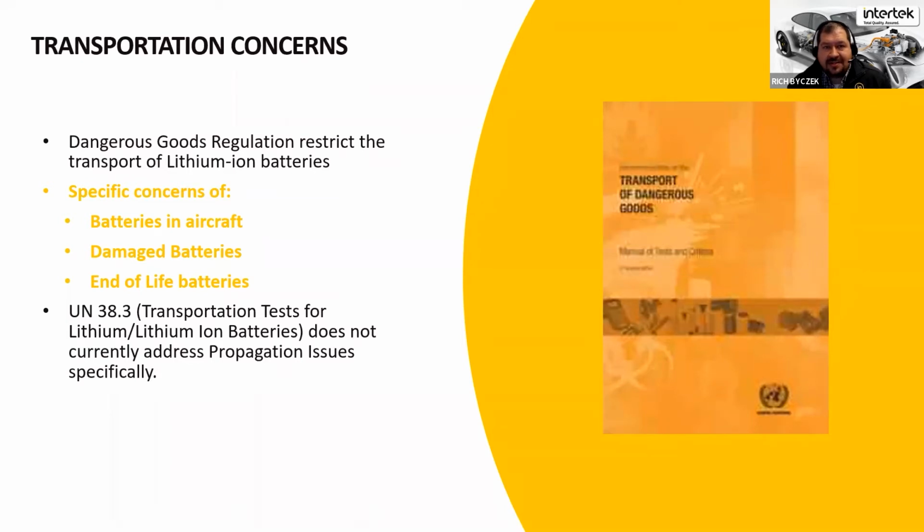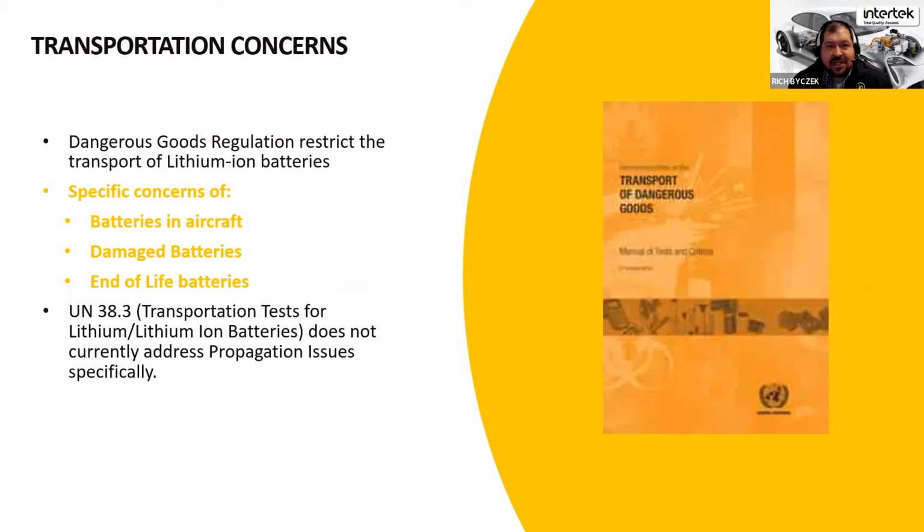We have concerns of damaged batteries that have already been damaged in the field, repackaged for return or recycling. It's coming back to another facility. It's just going to be disposed of. That damaged battery works its way into the normal transportation space, and it's not considered to be safe before it goes into that transport condition, and it could go into a runaway. Some of the more publicized events that have occurred in the field are from batteries that were compromised at one point. And because of the size of the battery, because of some of the engineering structure of that battery, the propagation was delayed, but it still did occur.